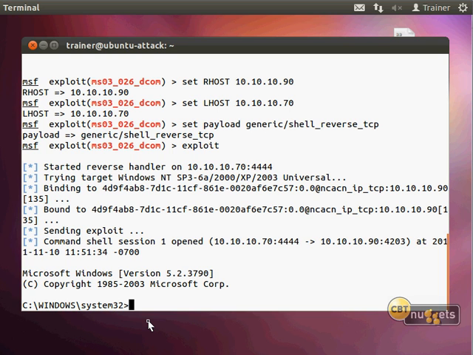I can create user accounts. I can do command line editing of the registry. Lots of different things. I don't have a UI with this, but you could do most things now through a command line in Windows, and especially with more current versions of Windows and the increasing reliance on PowerShell, I could send PowerShell scripts over here.